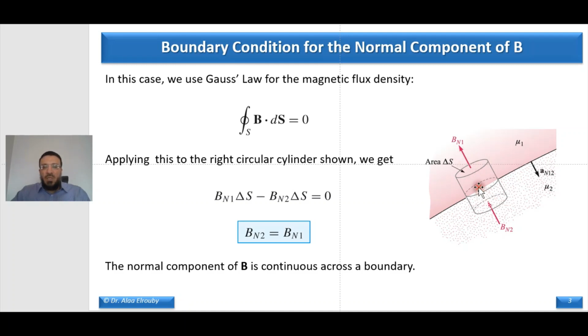Because this cylinder is very short and it's normal to the boundary, we have no magnetic flux going from the side. All the magnetic flux is going normal to those bases, the base in medium 1 and the base in medium 2. Applying Gauss's law for magnetic flux, which is B dot ds over a closed surface